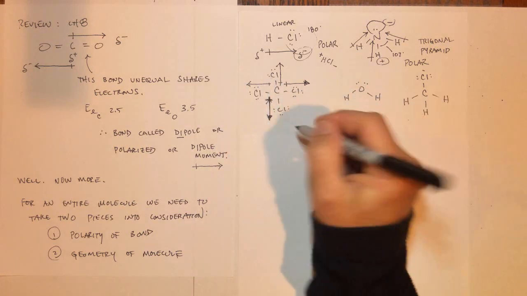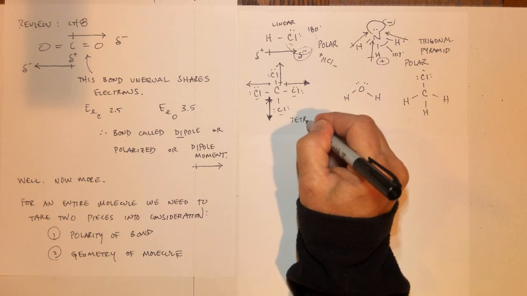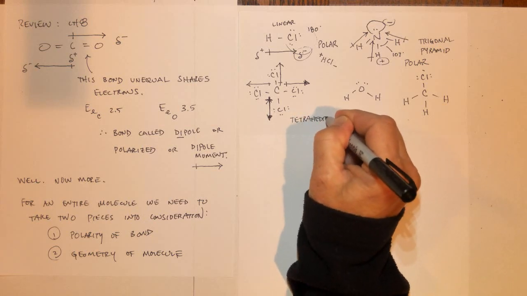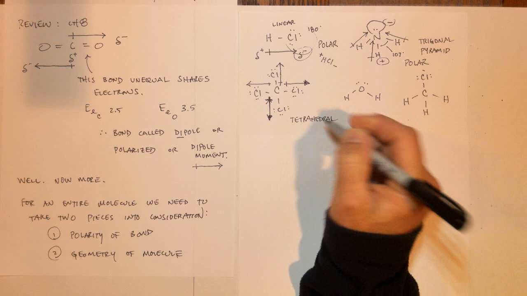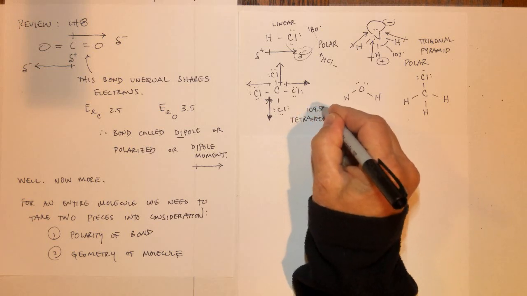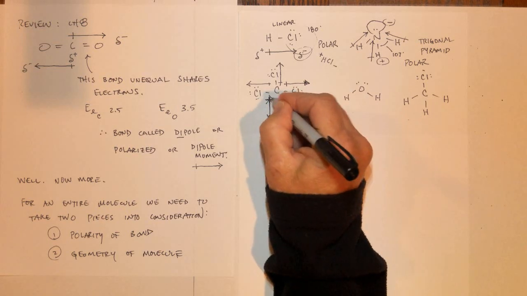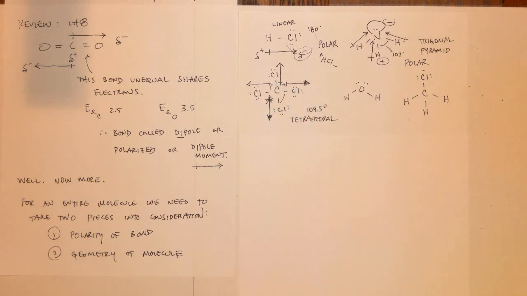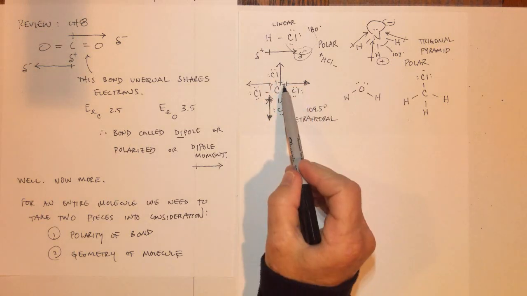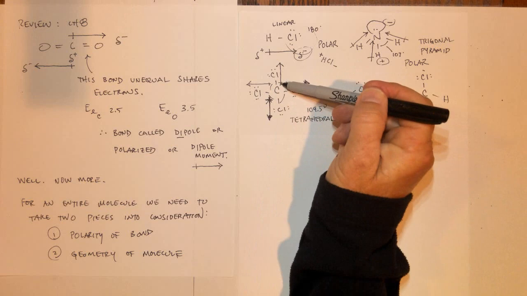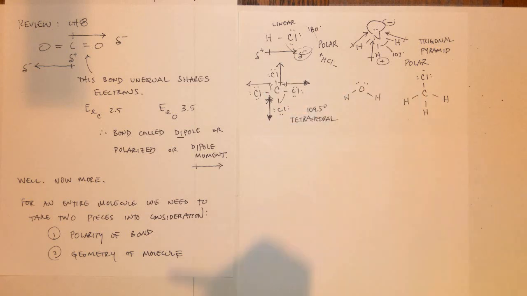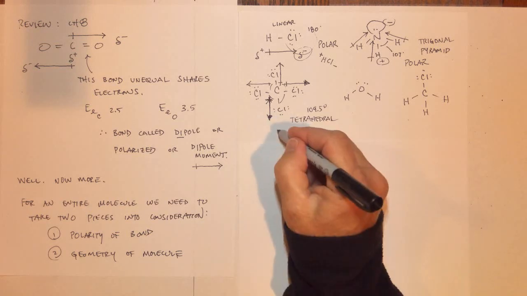4 bonded, 0 non-bonded. This is called a tetrahedron. And a tetrahedron or tetrahedral shape has a 109.5 degree bond angle. The bond angles would all be identical in 3 dimensions, all around one another. And so we'd have a pull for electrons this way, equal opposite pulls in every single direction. And so since the dipole moments, or the pulls for electrons, equal each other out,